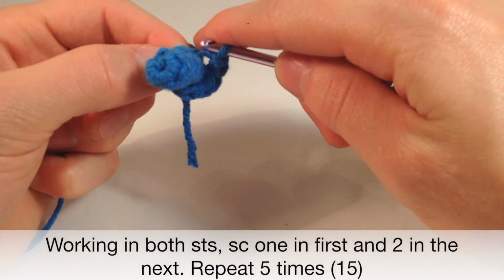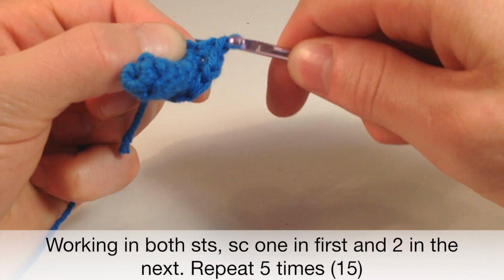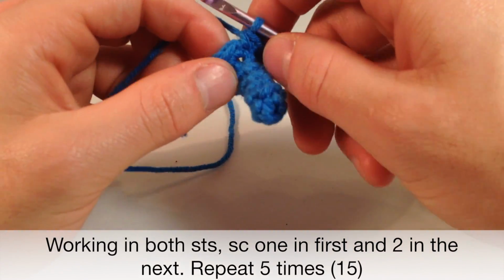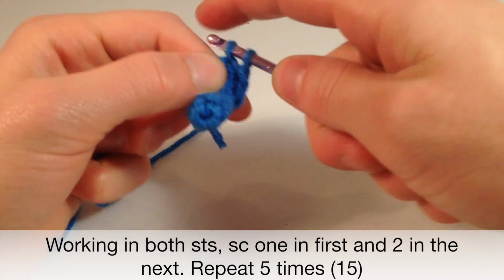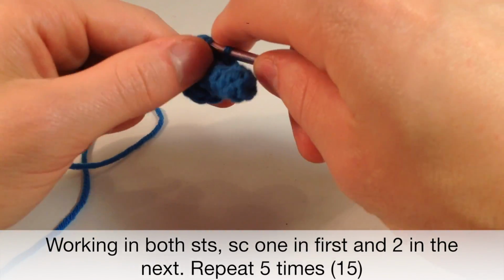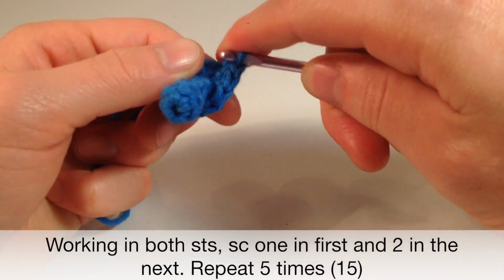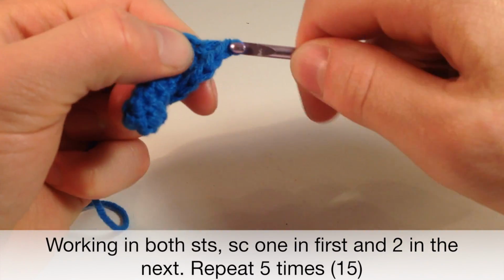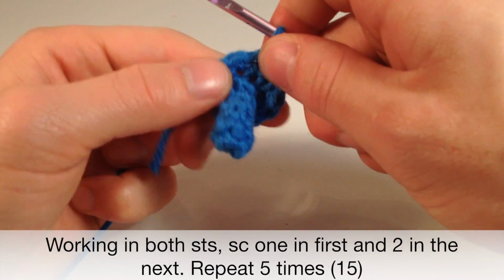Alright, now we're going to want to single crochet one in the first, okay, so we're working in both stitches now, by the way, and we're going to go in one in the first and then two in the next. So 1, 2, 3, and again we're not turning around for this entire pattern. 4, 5, 6, 7, 8, 9, and this is going to end at 15,